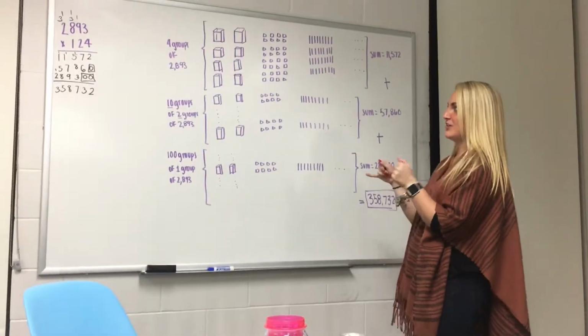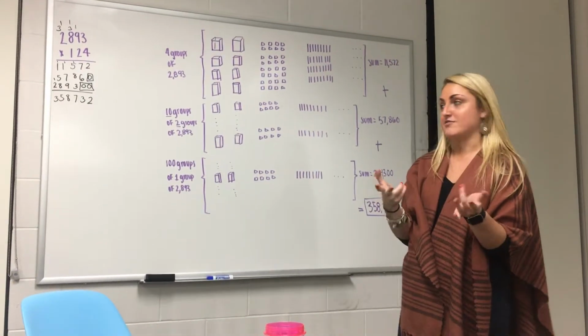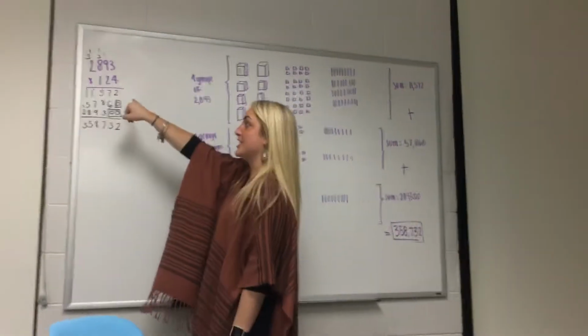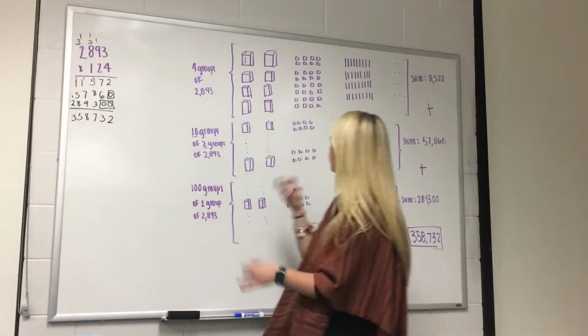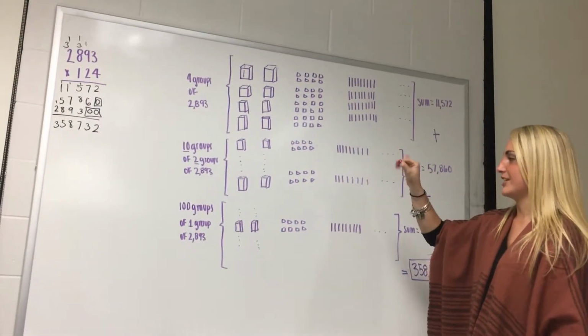We're doing the redo video of the multiplication one that I did before, so I'm just going to briefly go over what I got wrong in the first place. So we're doing, of course, 2,893 times 124. So we're going to go over here, we're going to draw it out with our super blocks, and then our